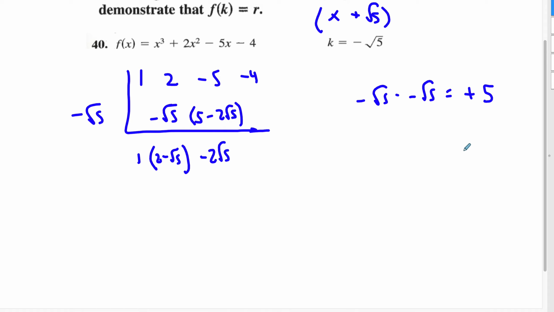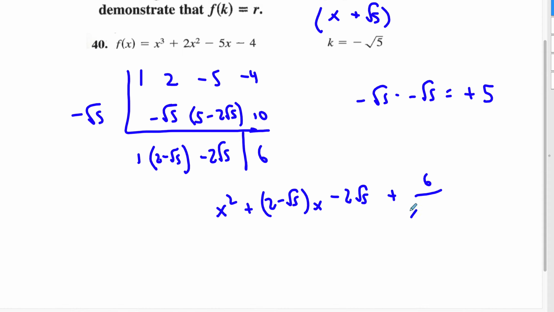But what's root 5 times root 5? Well, it's 5 again, right? So I have 2 times root 5 times root 5, or 2 times 5, which is 10. That way when I add them, I get a remainder of 6. So what am I looking at? I'm looking at x squared plus 2 minus root 5, x, parentheses are kind of important there, minus 2 root 5, okay, plus 6 over x plus root 5, because that's the actual factor then, okay? That would be my final answer,